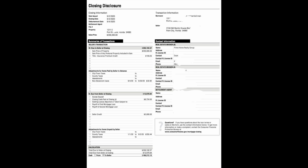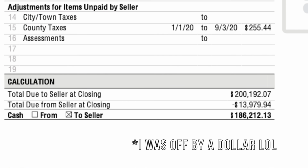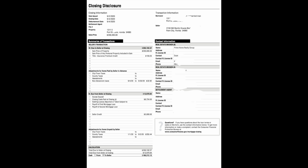So at the end of the day, on that day, we got wired the amount of $186,213.13. So that's pretty good, right? I had to pay the closing costs. Those are the closing costs in total that I paid to actually sell the property, since the seller had to pay the closing costs on this one, which was me. I basically received $186,213.13. And in total, I paid $149,765.89, giving me a gross profit of,